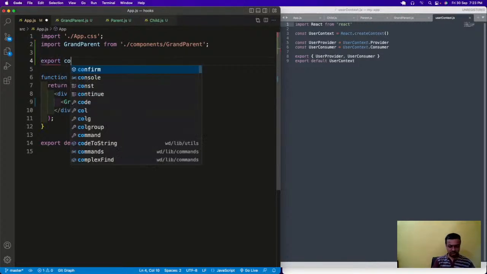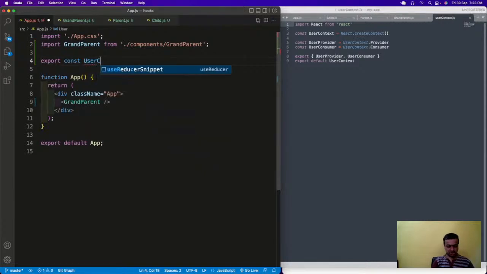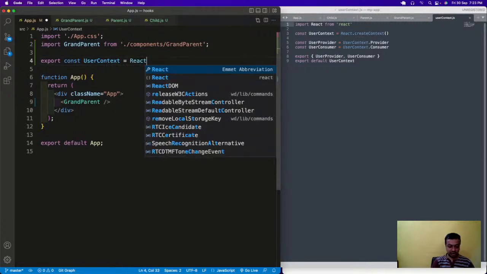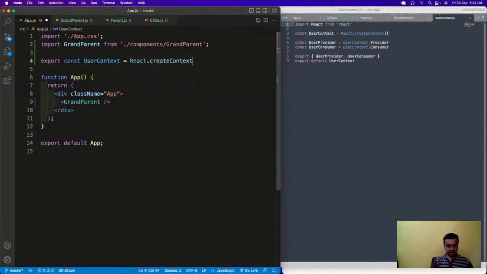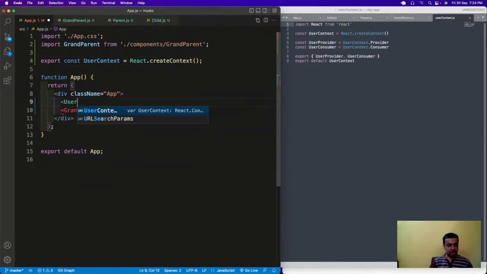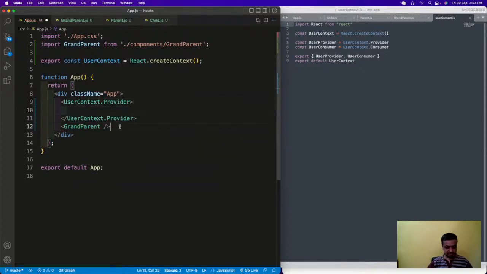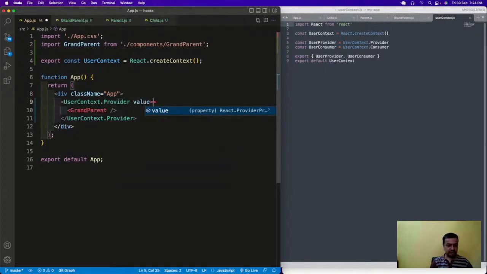Okay, export const UserContext equal to React.createContext. React.createContext I've done. Then as here also in the grandparent we have to wrap it with the provider, so I'll come here and do UserContext.Provider. It's like this. Then this grandparent will come up, and then it will be like this, and in the provider I have to pass a value. See, this code will be almost the same. Okay, value equal to